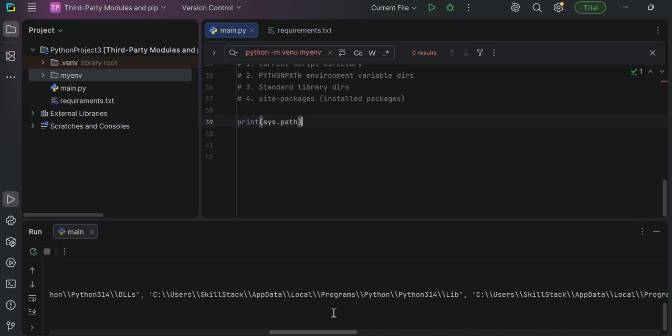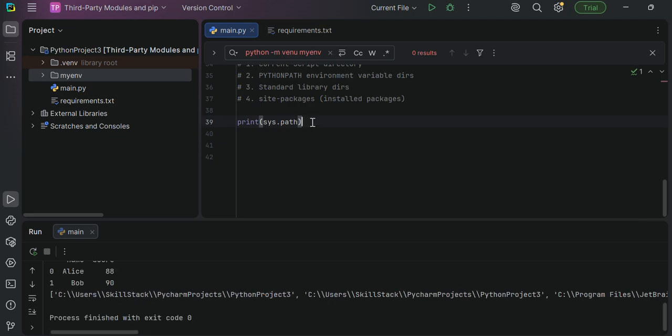That is not clear, so let me print the full path for you. But if you want to print in one line, which is easier to read,